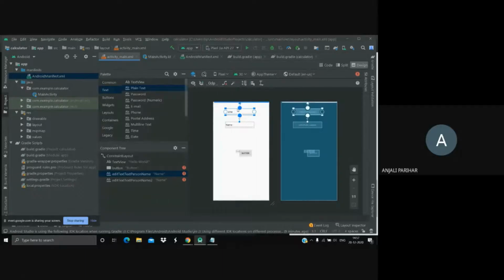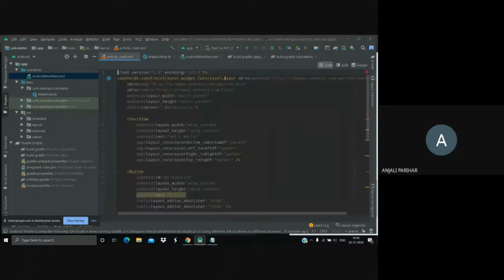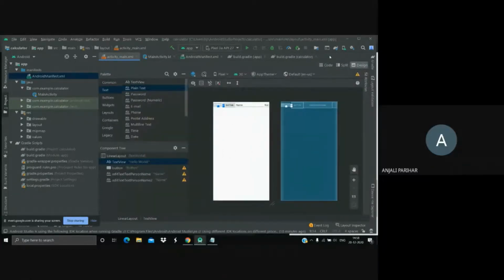We'll be building a simple layout where we would have two edit texts, and below that we'll have four buttons and all those things. You can imagine that for a single view, if I need to adjust it with the parent and with other views, then what would be my condition if I do that with all of the views? That would be redundant, doing the same task for every view. So in that case, I'll be using a linear layout. I'll definitely tell you why I'm switching from constraint to linear layout.